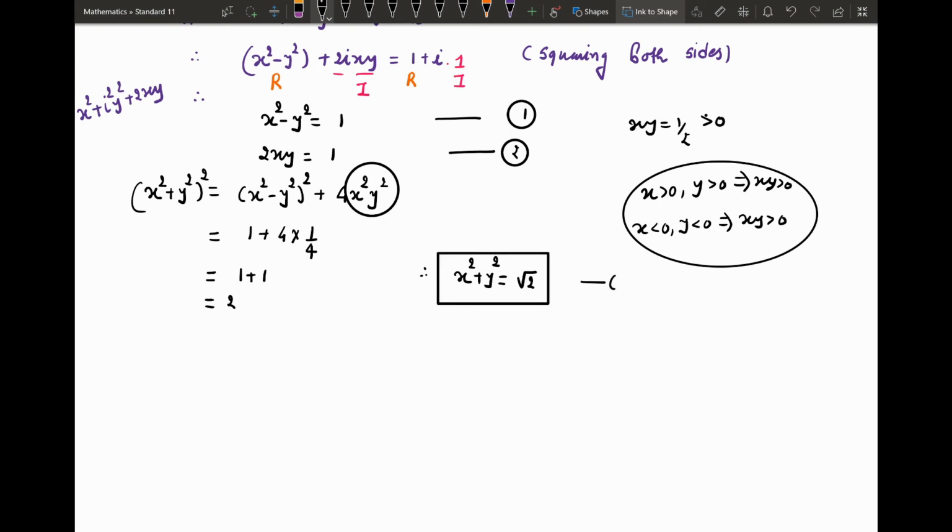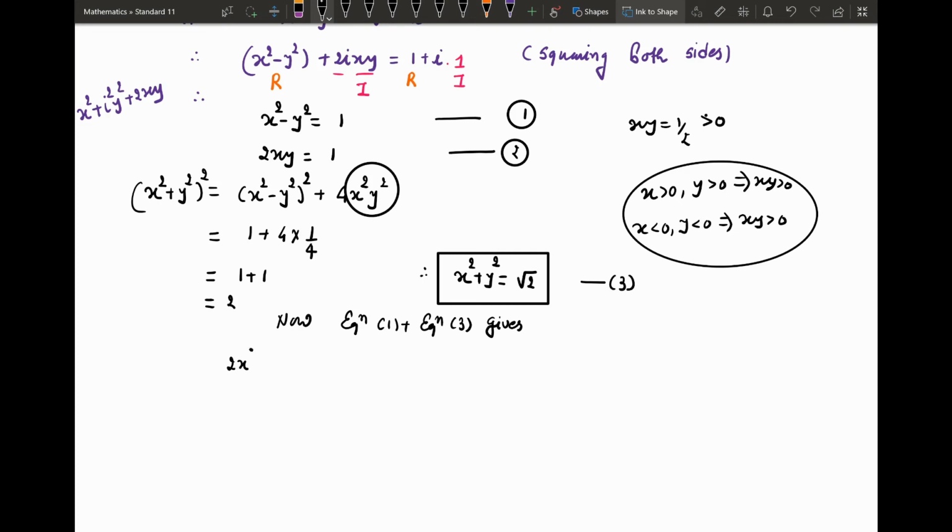Equation number 3: x square is positive, y square is positive, and the sum of two positive numbers is positive, so we cannot take x square plus y square equal to minus root 2, since it is always positive. So we have taken x square plus y square equal to root 2. Now equation 1 plus equation 3 gives